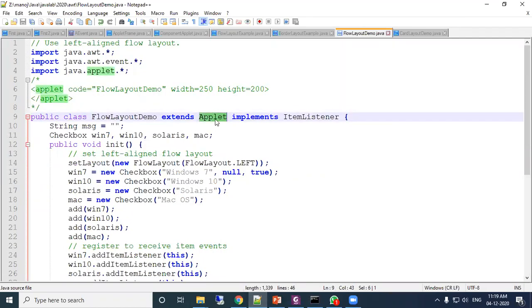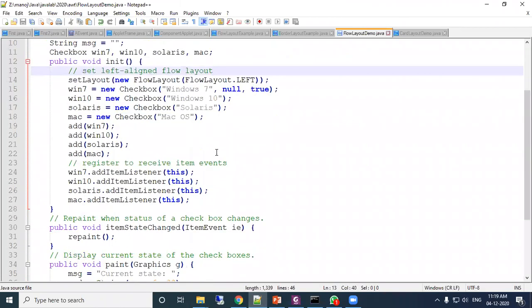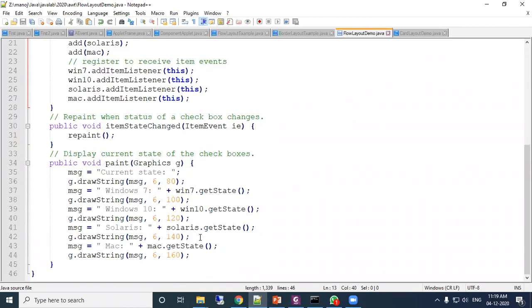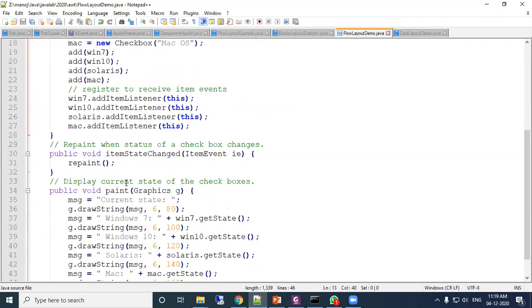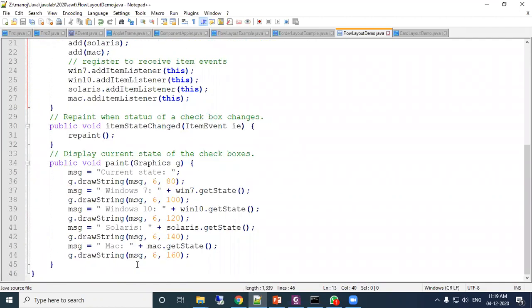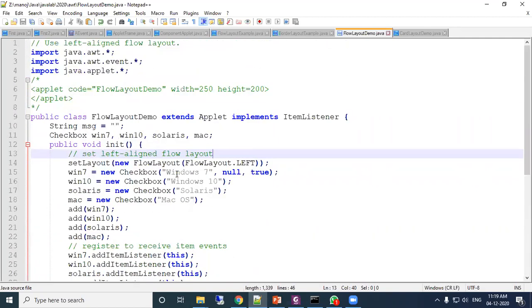If the applet is extended, there is no need to write the main method. A paint method or init method is required. The init method is here. The init method is the constructor of the applet class, and this is your paint method. So to run the applet, you need to run appletviewer.